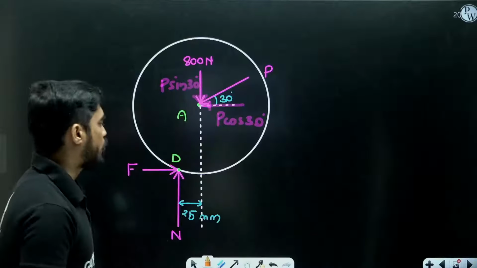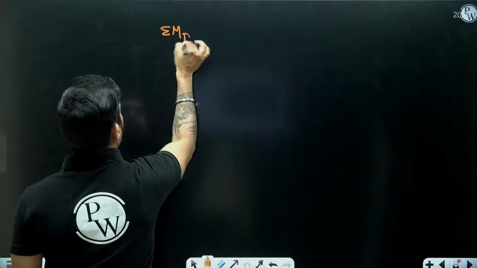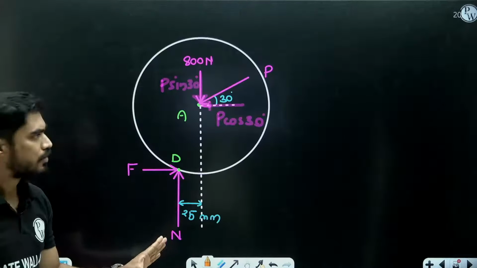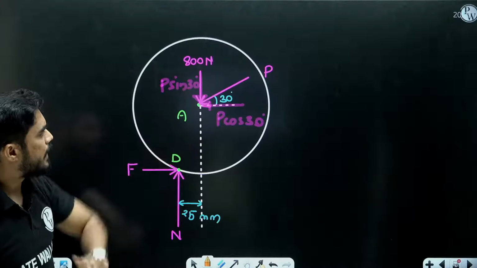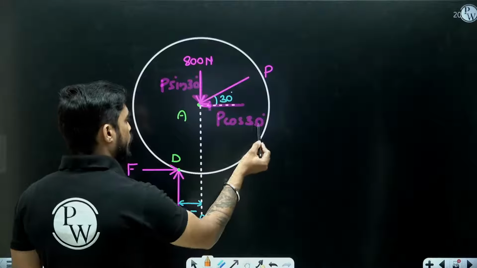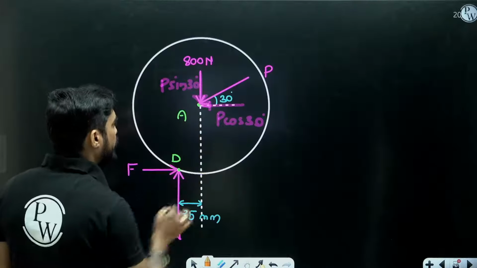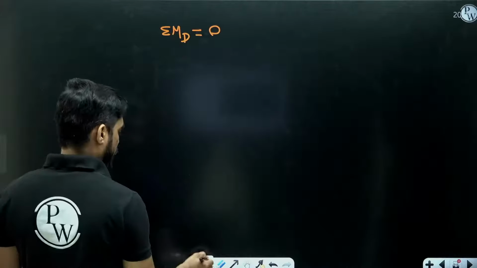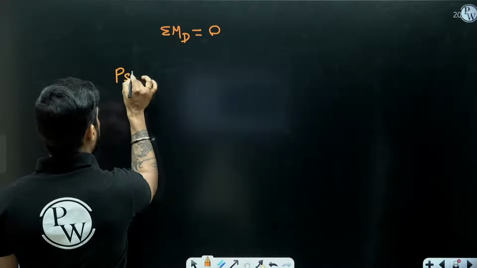So let's take moment at point D. If I take moment at point D, moment of F and N becomes 0. You will get moment of P cos 30, P sin 30 and 800 Newton. Moment of P cos 30 will be anti-clockwise. Moment of P sin 30 and 800 will be clockwise. So it will be P sin 30